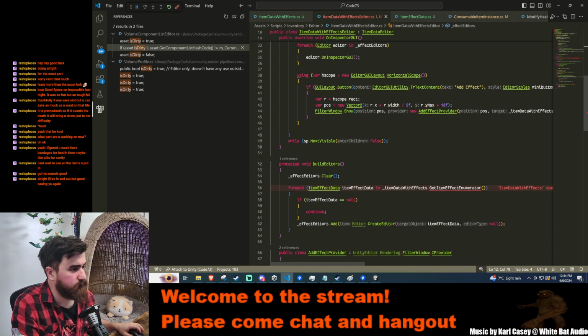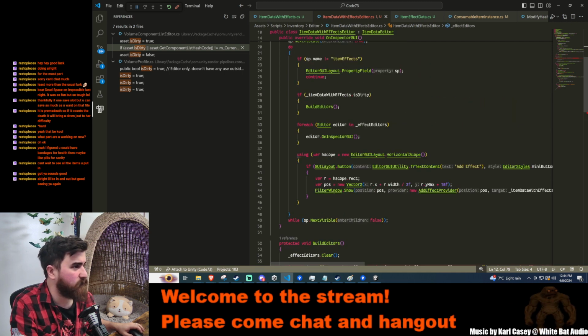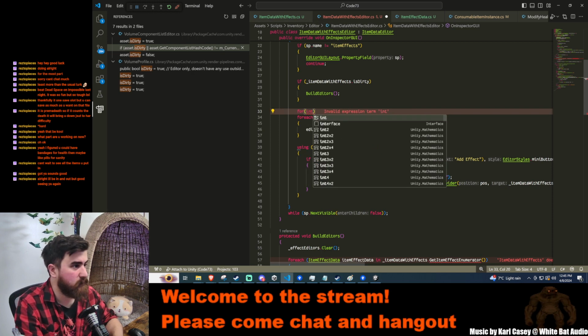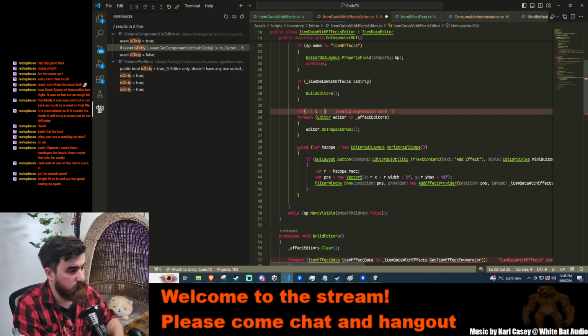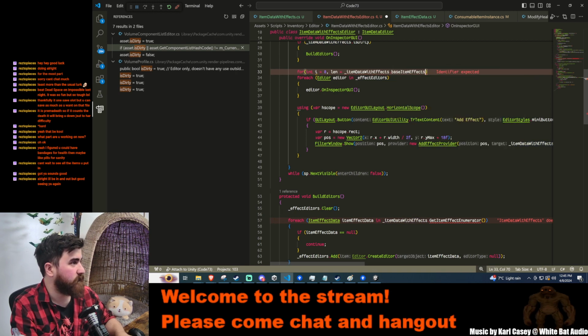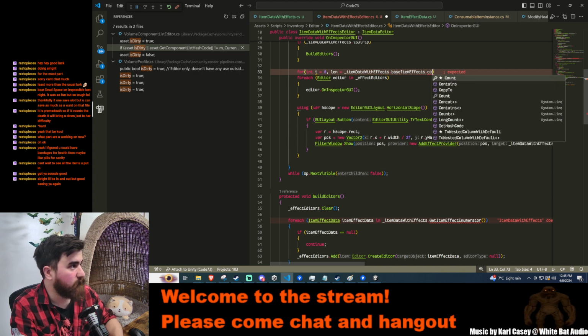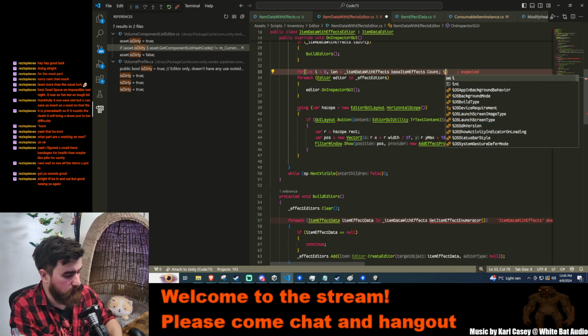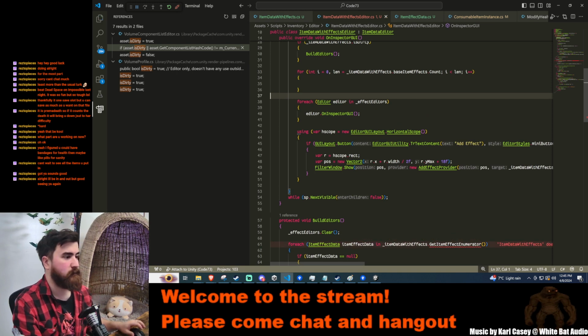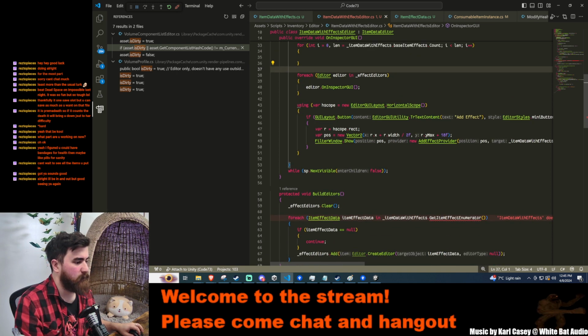So then what I can do is, instead of having to go the build thing, I can say for int i equals 0, comma, len equals dot base item effects dot count, i is less than len, i plus plus, we are going to go and take